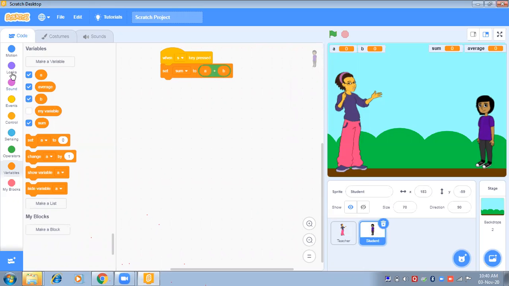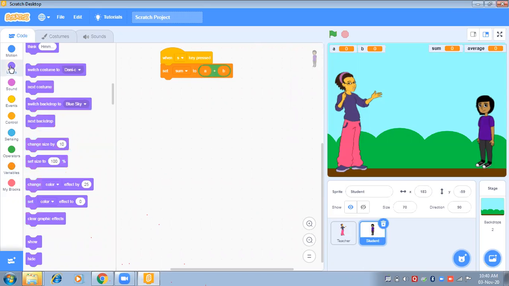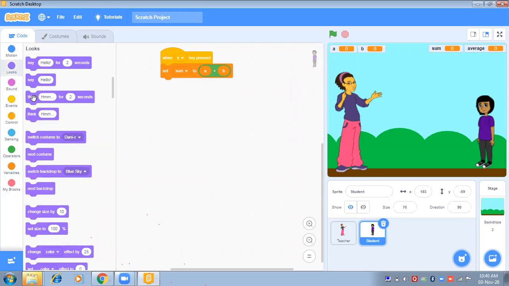Now because the student will say something also, we will drag this think block first. It is already written here. So we have to behave like the student is thinking. Ma'am, the sum of these numbers will be.